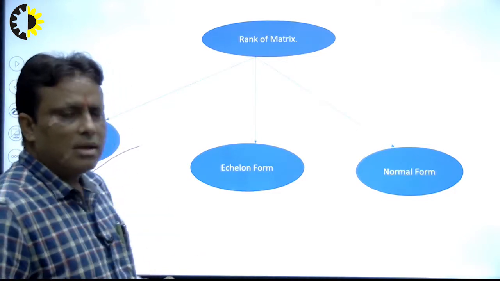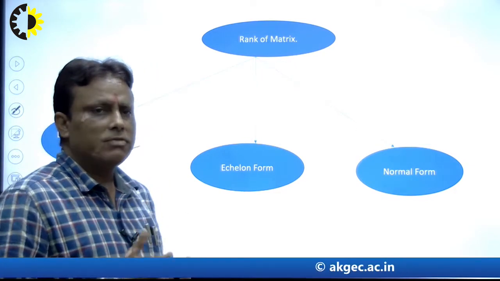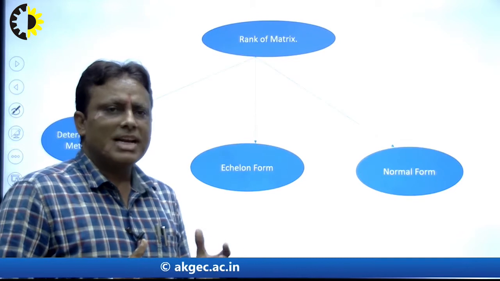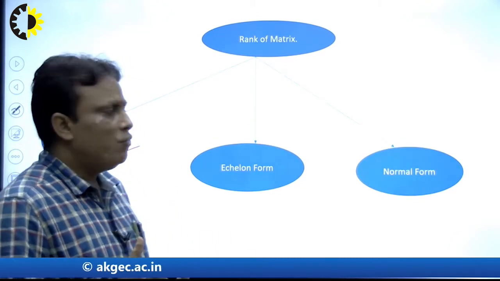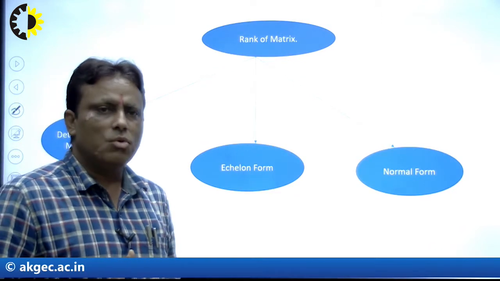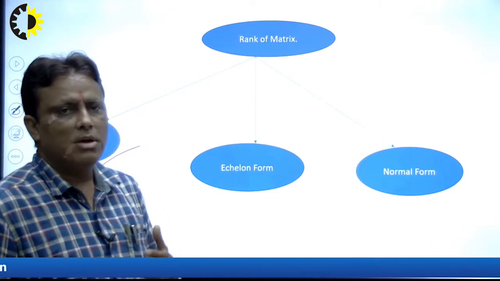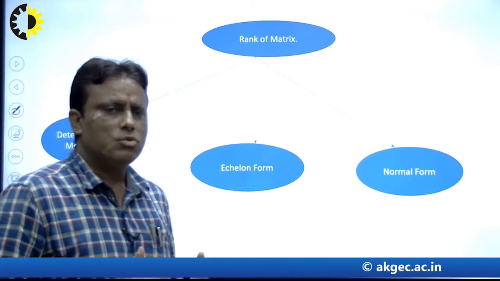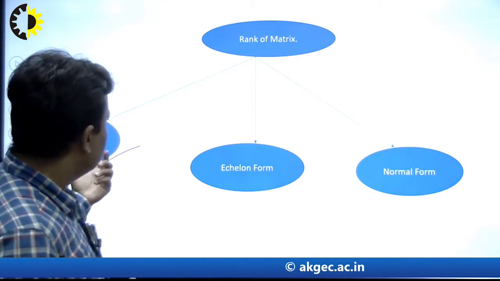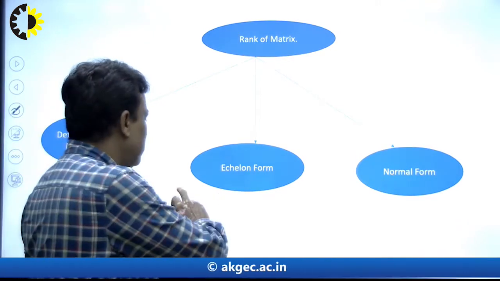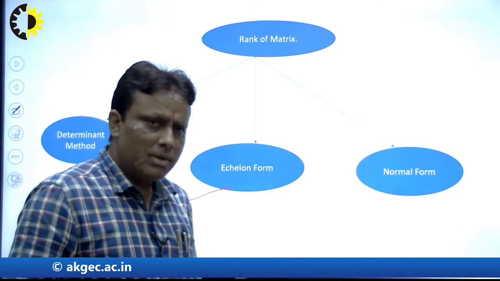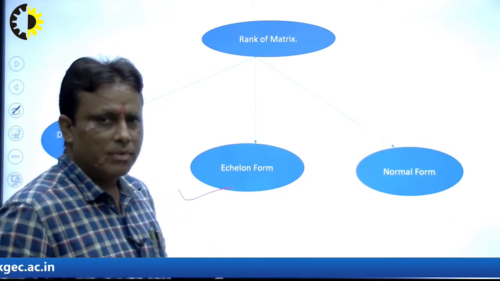But what is the drawback of this method? The drawback is that the determinant method cannot be applied to a rectangular matrix. Suppose we have a matrix of large order in square form, that means 4 by 4 or 5 by 5. Then it takes a large time to calculate the determinant. So for this we always use the echelon form, because the advantage of the echelon form is that we can use it for square as well as rectangular matrices. So today we discuss some problems here.